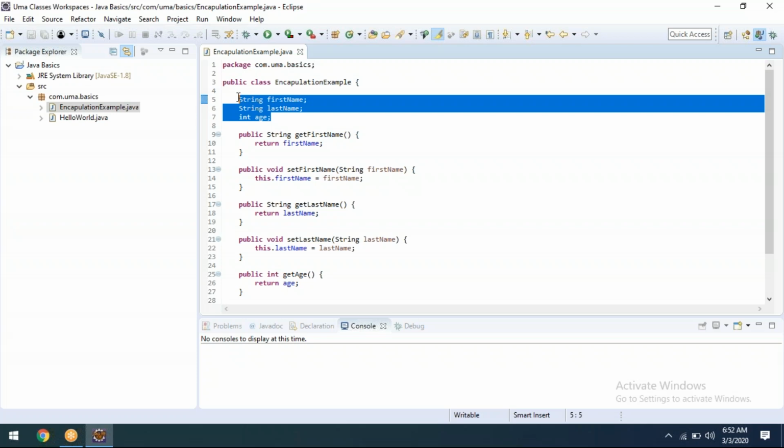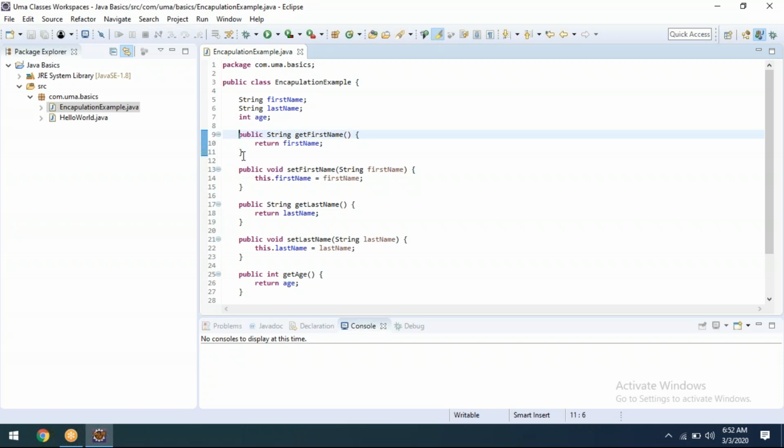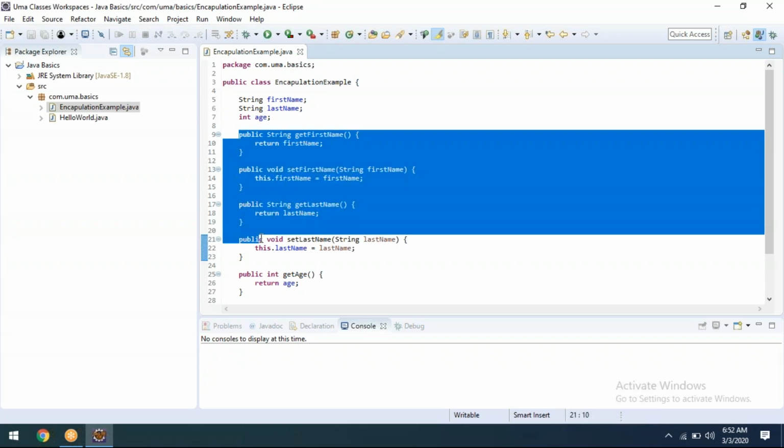Second point, member methods or member functions. Both are the same word. Yesterday I told you, methods and functions both are the same. If you observe here, these are the methods. Now we are wrapping, meaning binding. How are we binding?